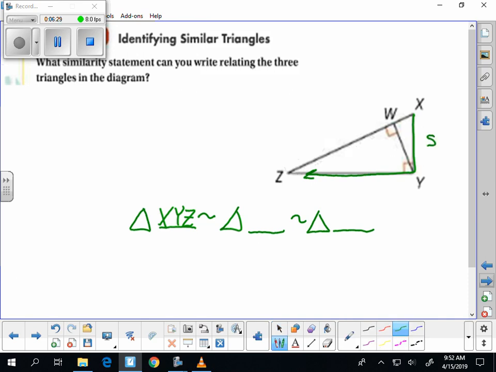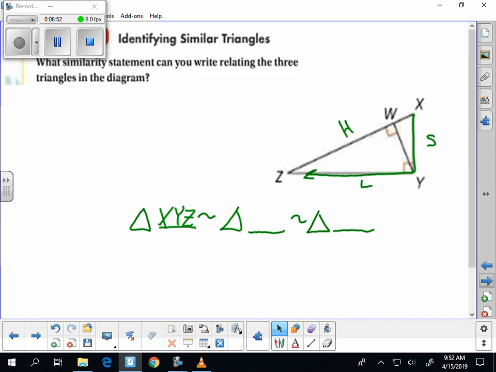This is the short leg, this is the long leg, and this is the hypotenuse. So when we wrote our order, we went by the short, and then by the long, and then by the hypotenuse. So we had to do the same thing in the medium triangle. So in this medium triangle, if I want to go by the short, and then the long, and then the hypotenuse, I would write triangle